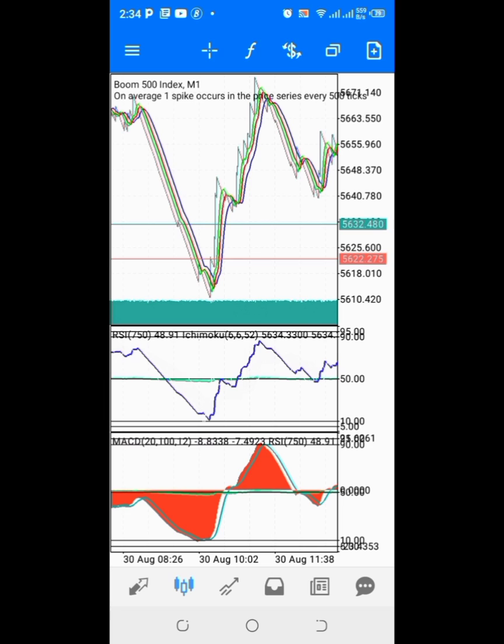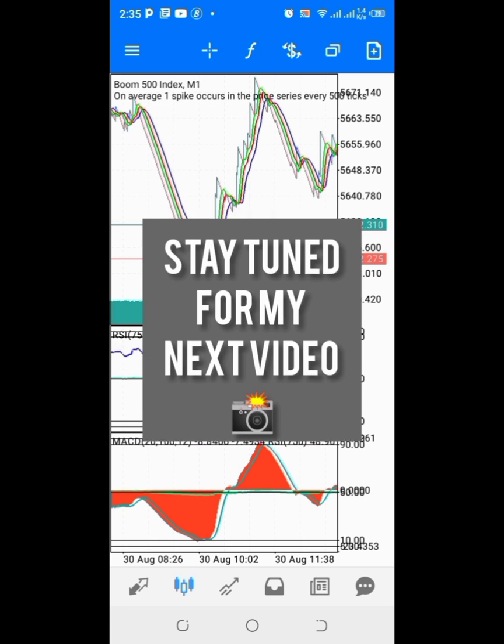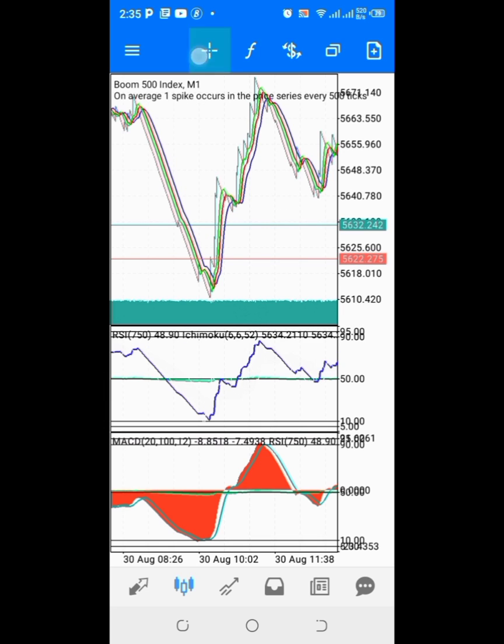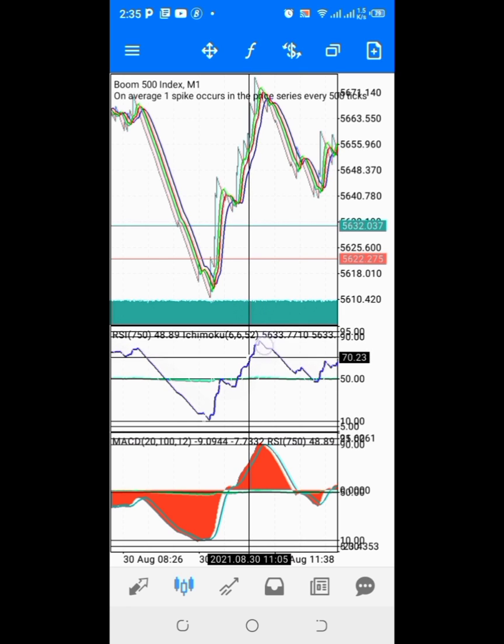Alright, the first condition that needs to be met, if you are willing to trade a trend with this strategy. I told you the strategy is 2 in 1, so I'm gonna talk about the spikes in my next video. In this current video I want to show you how you can trade using the trend. The first condition is when this mark hits the 90 level for Boom 1000 or Boom 500,